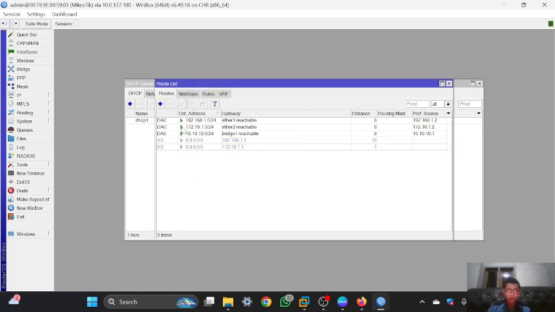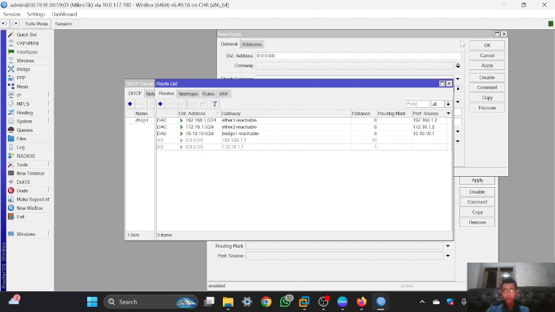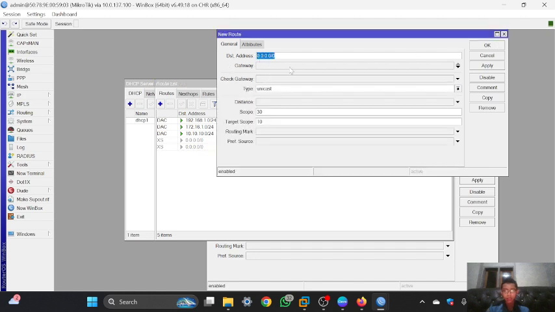I will disable them, and then you can click add for the ECMP. In here the destination address is default, and the gateway is the IP of ESP1, which is this IP.